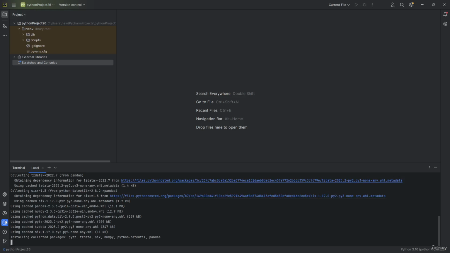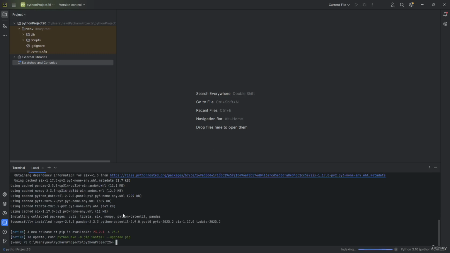The next thing is to visualize our data, which is Matplotlib. So we're also going to install Matplotlib on our device. But make sure you are connected to the internet and have a stable internet connection. So let's wait for a bit until this is done. As you can see, pandas has been installed. I'm going to type in pip install